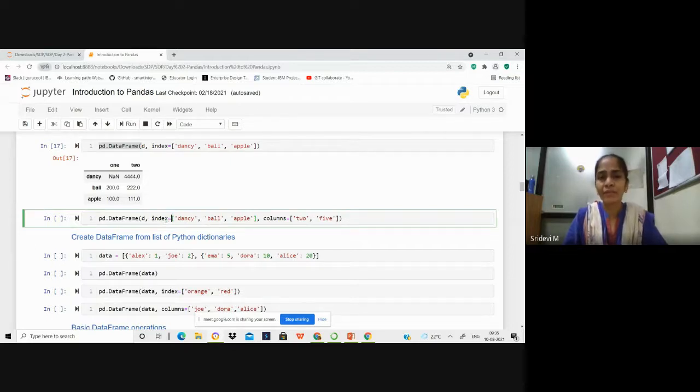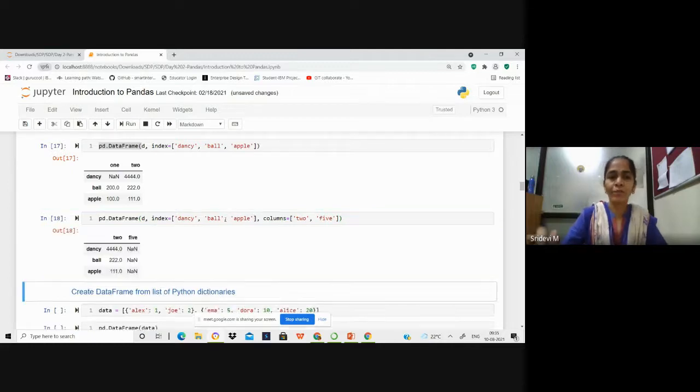Now you can also select the columns. If you want a specific column, you can do that. Here we are extracting column 2, but we are also trying to print something with the column name 5, which we originally don't have. We have only 1 and 2, we don't have 5. So let us see what the output will be in this case.